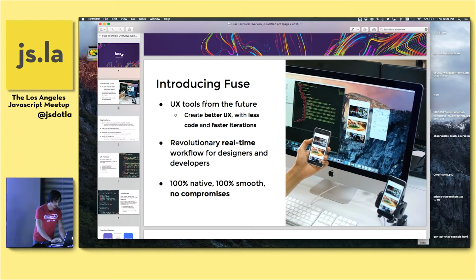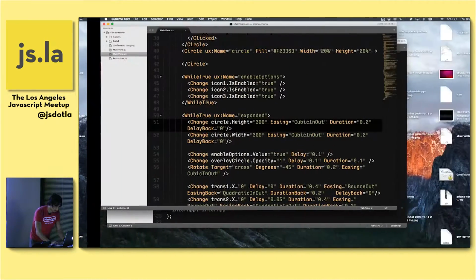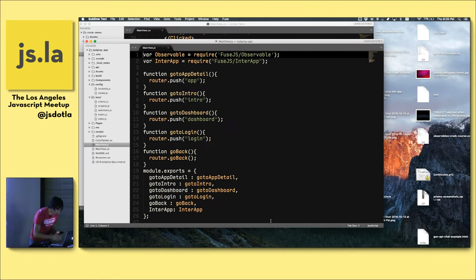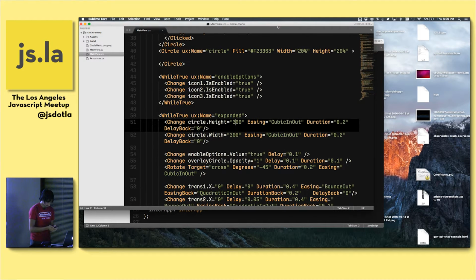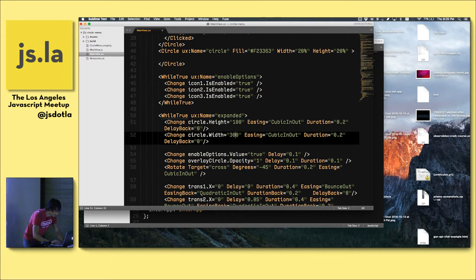What I mean by that is that you can change something, and it will change in real time. So I'm going to see if I can do that right now. I have an example here of the circle menu. So this is the source code for the circle menu. I think I changed something already. This is supposed to be 100. There's going to be a menu in the corner of the screen that shows up, and this will update wirelessly over the network, the app.